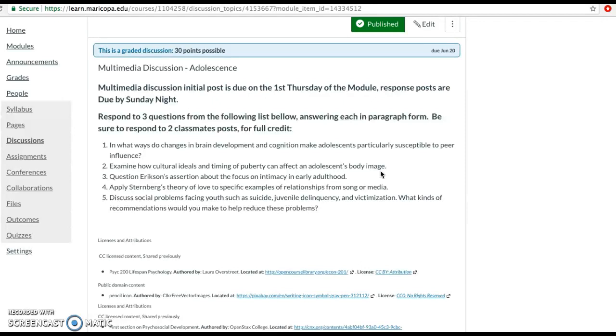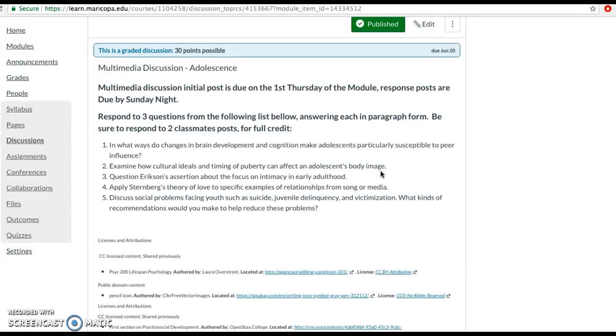And that is very, very different and is giving people very different experiences, if you will, than say another person from a few generations back. So really, especially our reading does a very nice job explaining these cultural ideals and timing, but you're definitely welcome to include a personal anecdote there, but definitely tie it back to the readings as well.